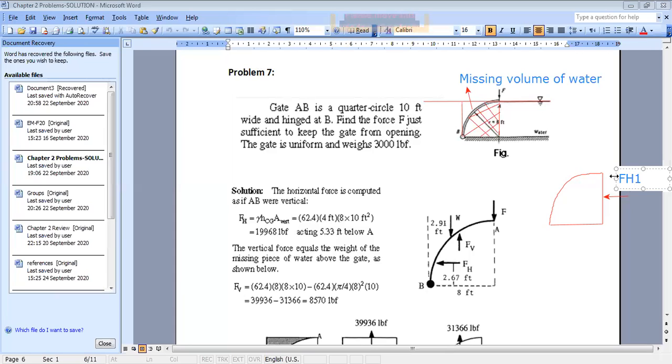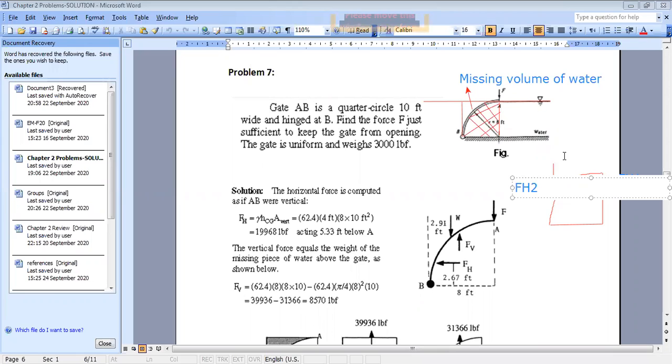And as I have here a curved surface, the force on the curved surface will be divided into two parts. One that is horizontal, okay, and one that is vertical. And these two forces represent the effect of the curved surface on the fluid, okay? So this is FH2,